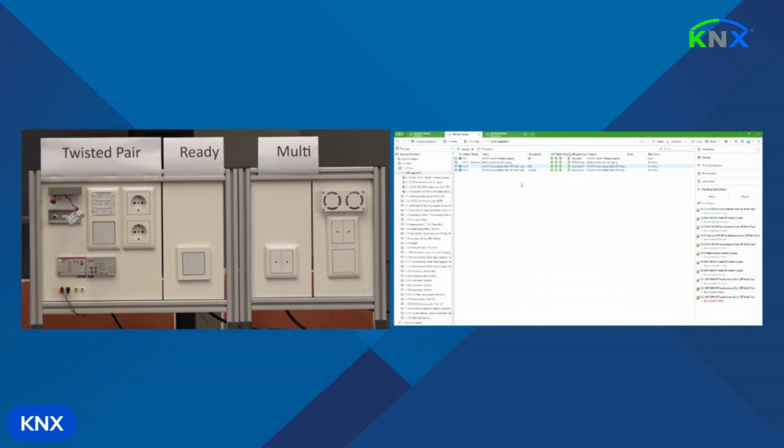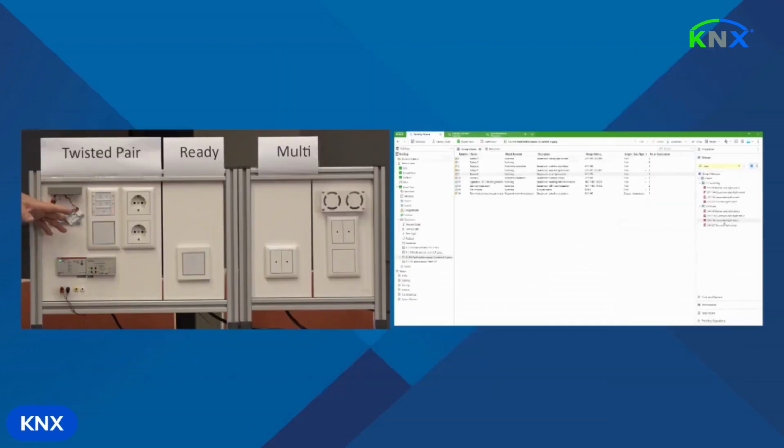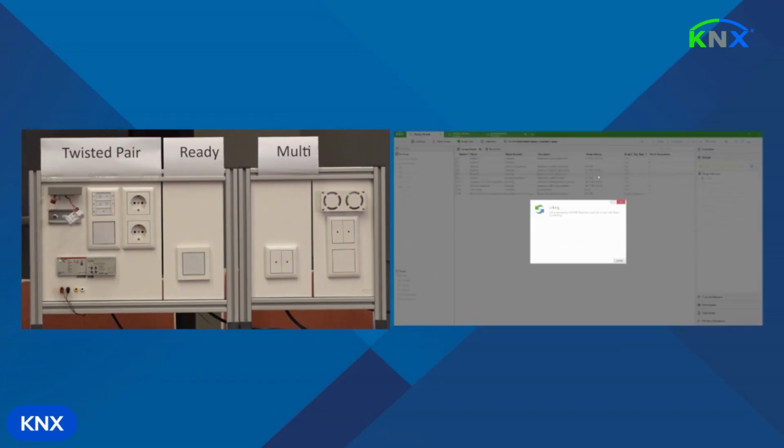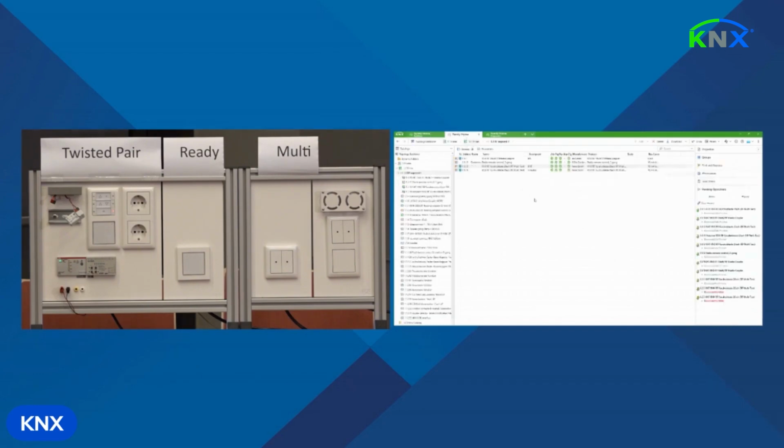And also for the status back, the actuator for the desk lamp sends its status feedback no longer only to the push button device, but also through the coupler to the twisted pair device. So one change on one device had, as a consequence, changes being necessary on a couple of other devices. ETS, through the programming flags, tells you that this is necessary. So if you see, for example, these dynamic folders on top,